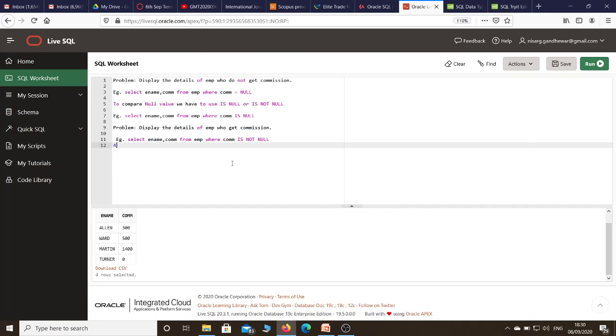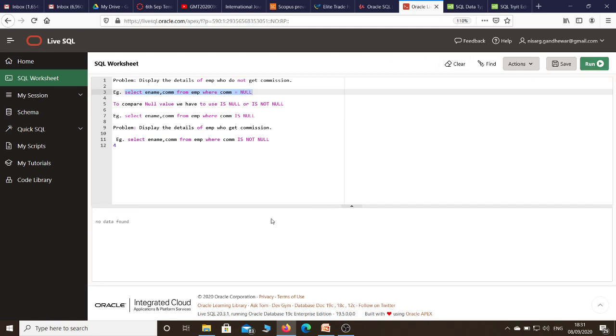So here I am going to consider the employee table which I have just shown. The first problem statement is I want to get the details of an employee who does not get commission, and for that purpose suppose I write a query like this: select ename, commission from employee where commission equals null. Let's see what kind of output we get after executing this. Here you can see that we get a message that no data found. Why is it so? Because a null value is not comparable. We cannot add anything to null. Suppose we add anything to null, we get a null.